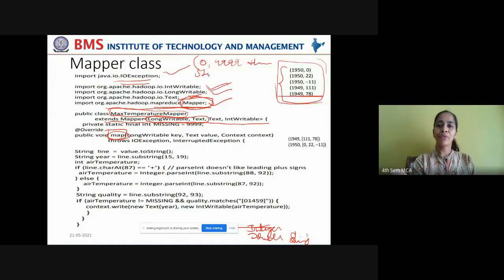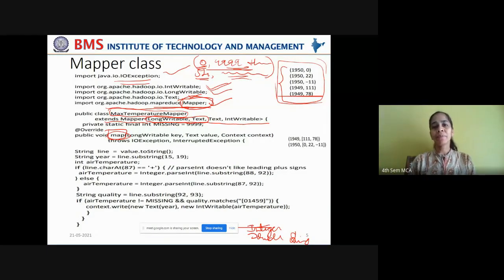And again 54 with some series of numbers, right? This is the key value pair that it expects as input. So this is the offset key, and this is the raw record associated with this key. Again, this is the key for the next record and its associated raw data. Okay, this is the key value pair.